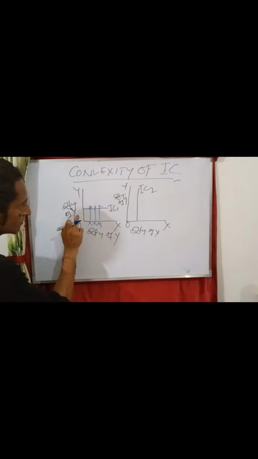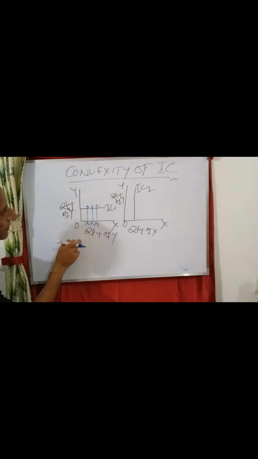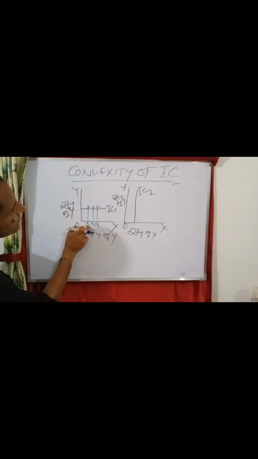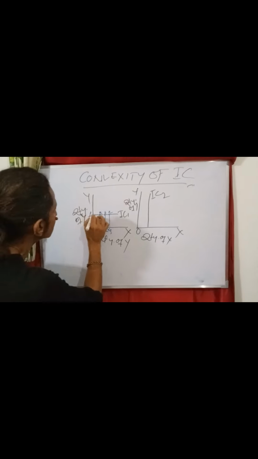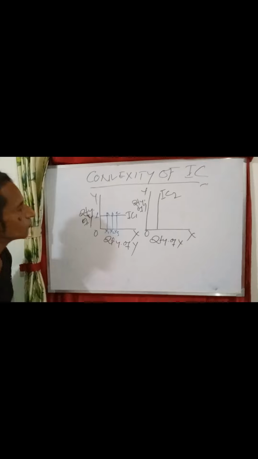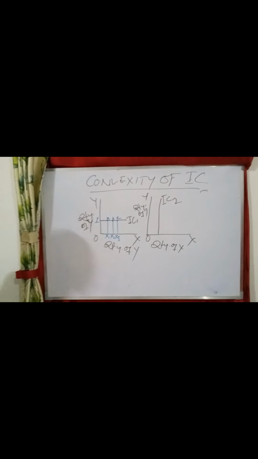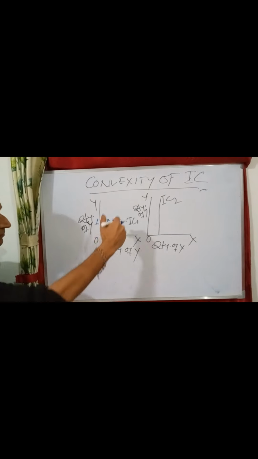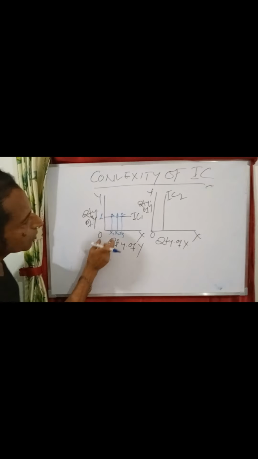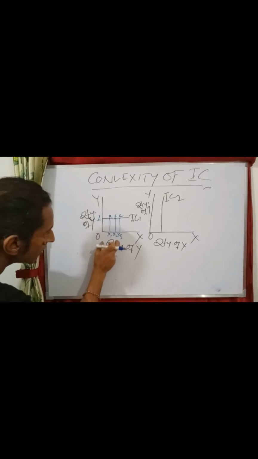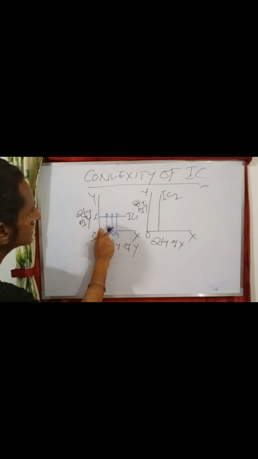At point A, he was consuming OX1 of X and say this is L, OL of Y. As he moves along the IC1, he reaches point B, he is consuming OX2 of commodity X and same